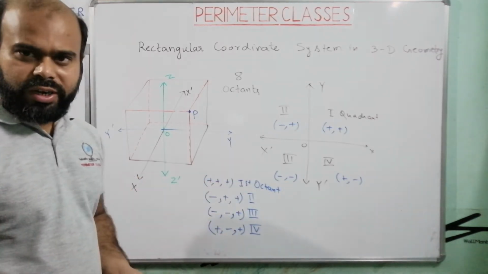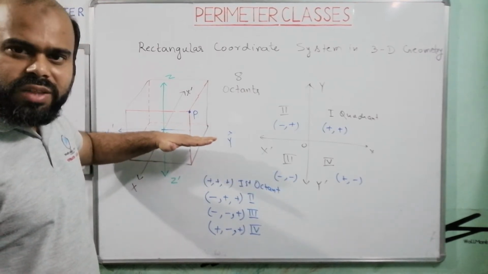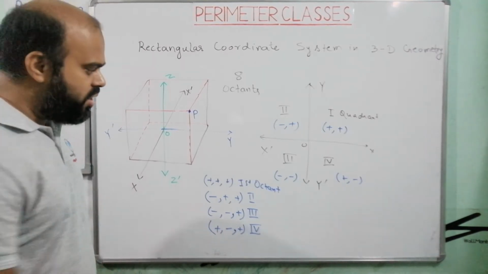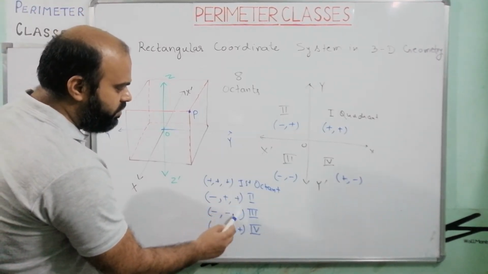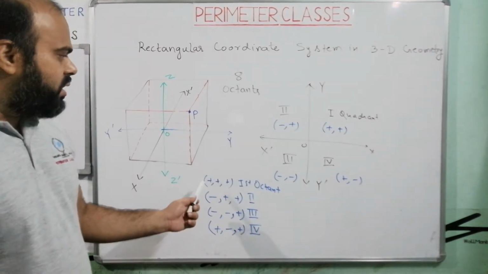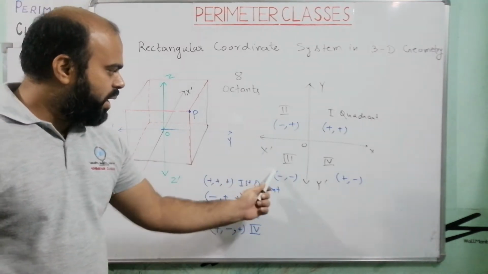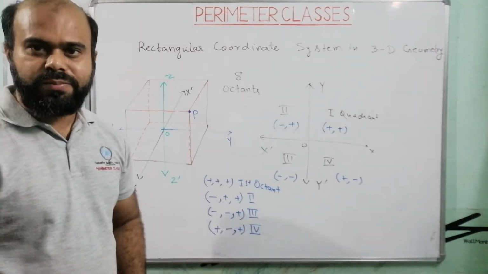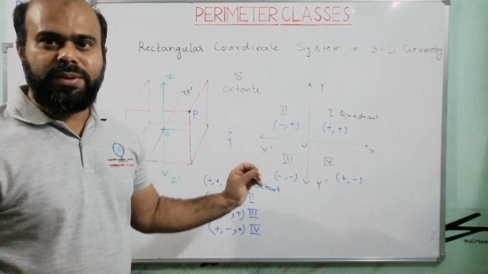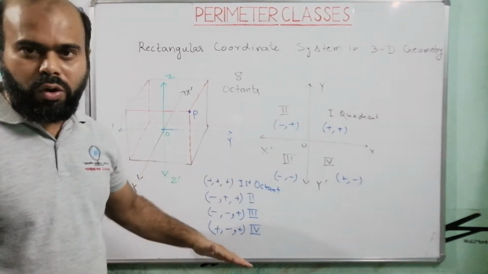These 4 octants, if you try to understand by this figure, are above the xy plane. That means in the positive direction of z-axis. So the last coordinate, which is z, is positive everywhere. Whereas xy is plus plus, then minus plus, then minus minus, then plus minus. So you can consider that the same signs here have been added with a plus sign of z coordinate, and we have got 4 octants.